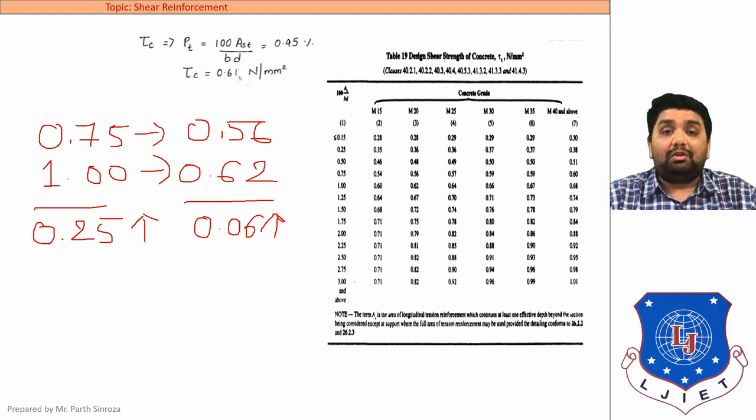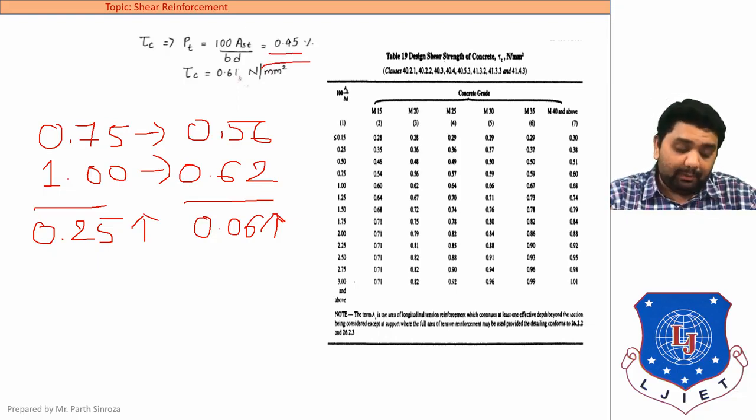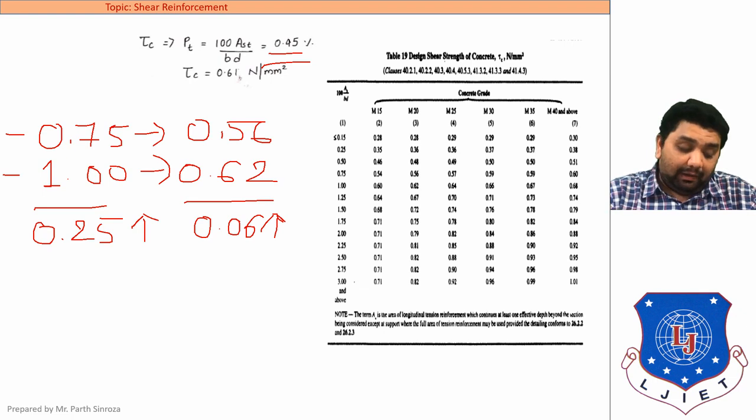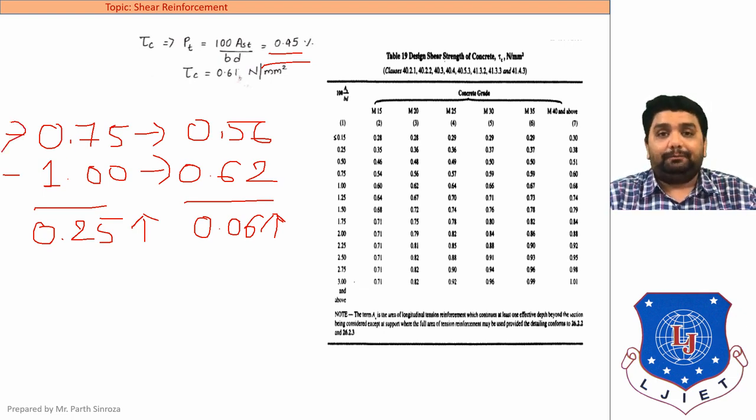Now we will focus on the value that we need. That is, we are going to find the value for 0.95. This will be our term 1 and this will be our term 2. So to find the value of 0.95, how much value needs to be added in term 1? Clear? That means we need to add 0.2 in term 1 to get the value 0.95.